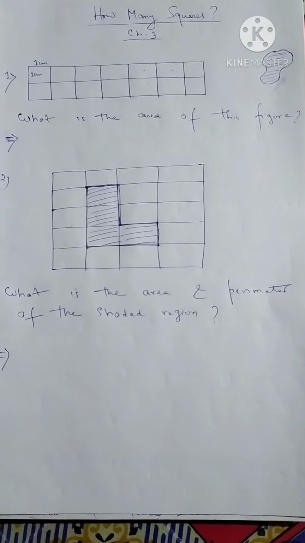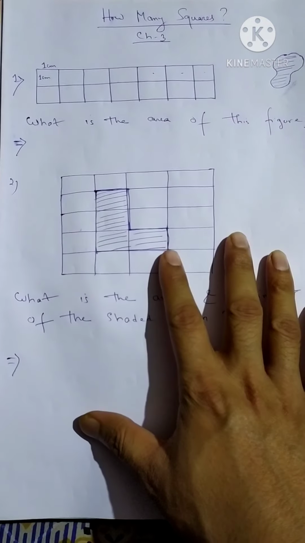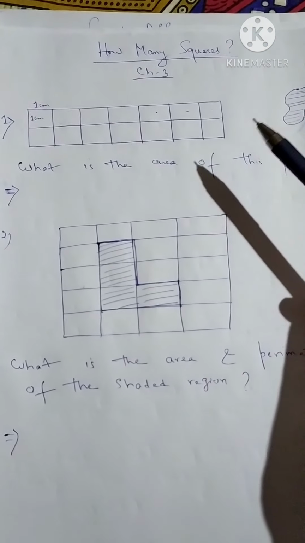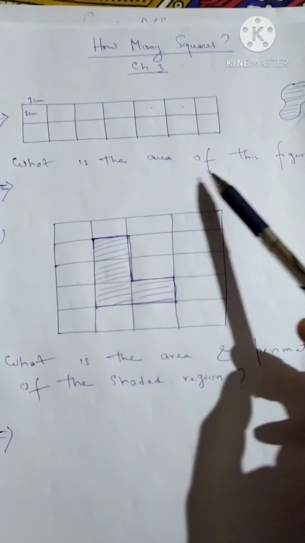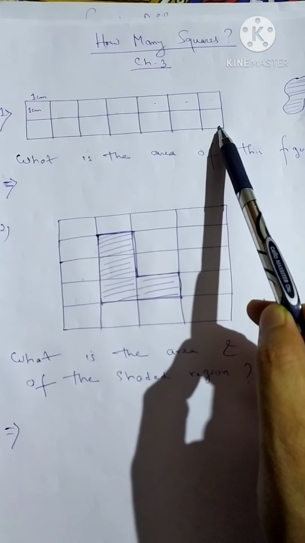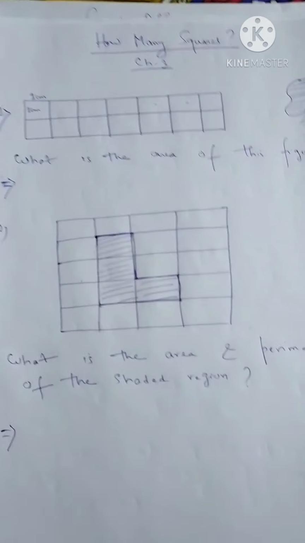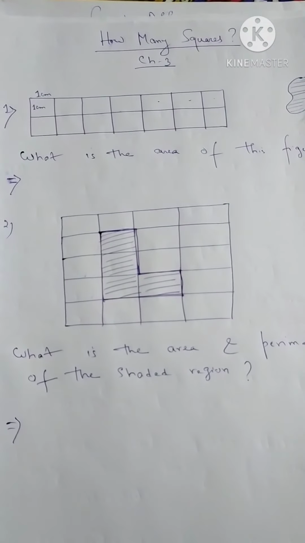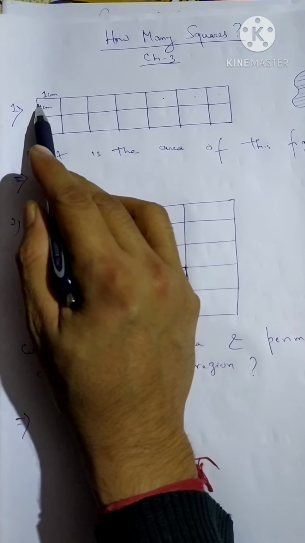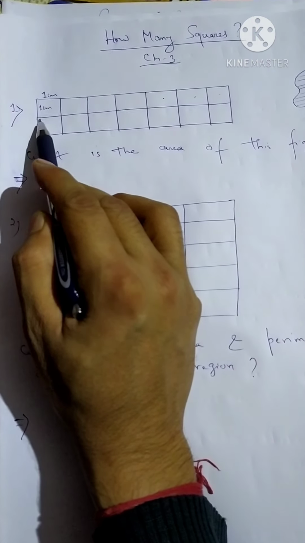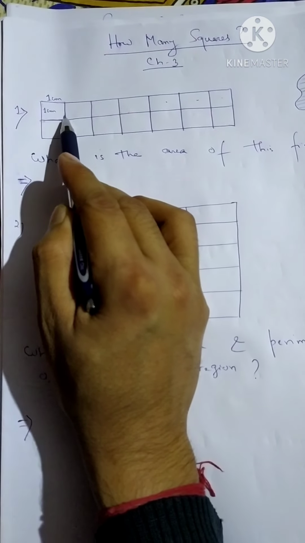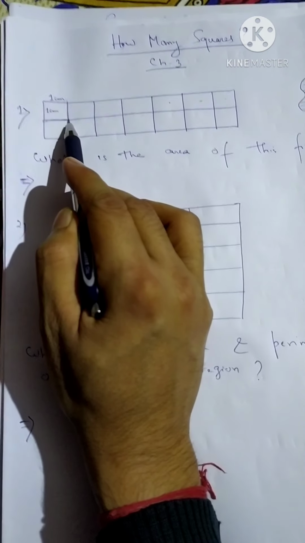Now how? For this, I have drawn here some squares. As you can see, first you see one figure I have drawn. I have written the question, what is the area of this figure? Now you see there is no length, no breadth. It is a rectangle, as you can see, but there is no length, no breadth. So how to find out the area of this figure? Here I have assumed that these are all small squares of side 1 cm. Since this is a square, each side is 1 cm.